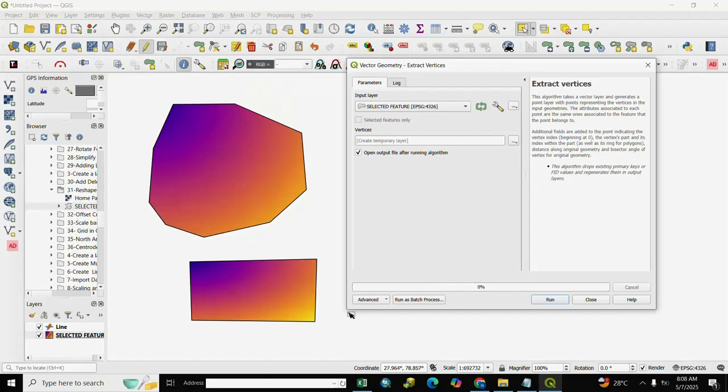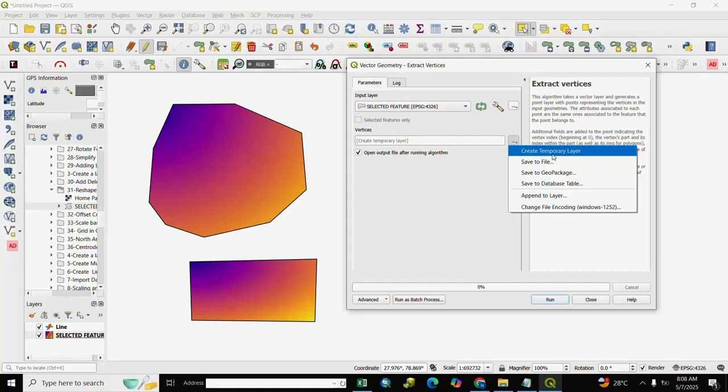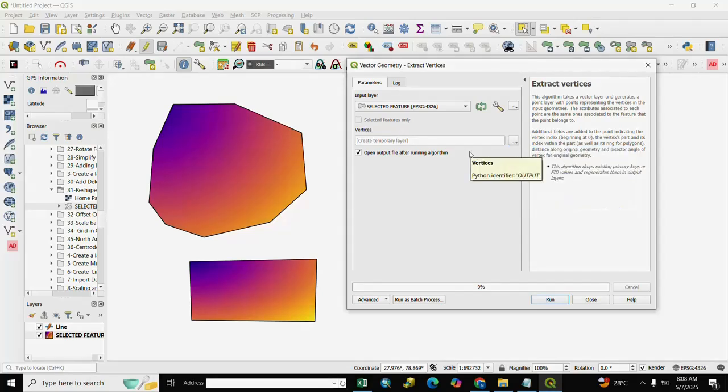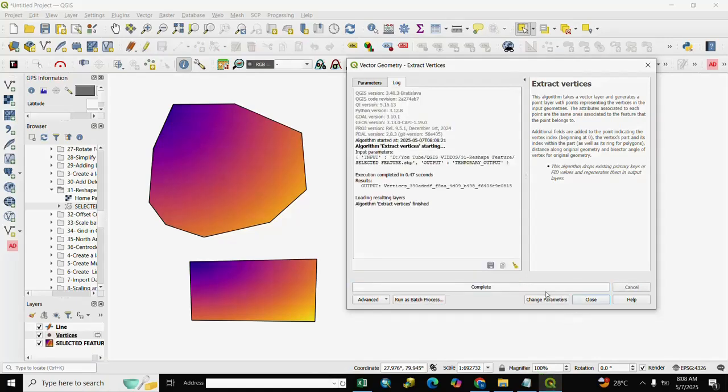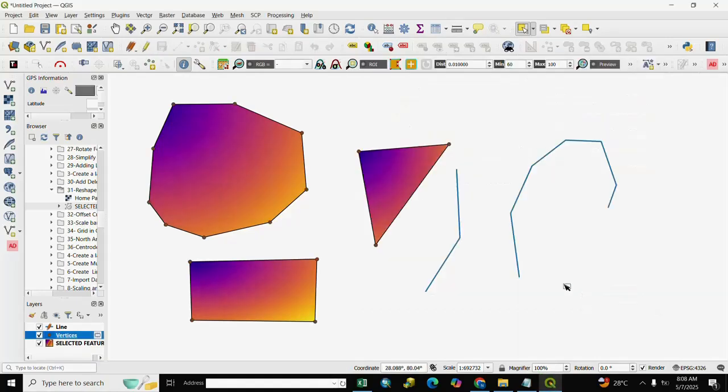We click and we select here vertex layer, create temporary layer, save to file, save to geopackage, as per your choice. We select here temporary layer and after it we run and close. You see here our polygon vertex is created.